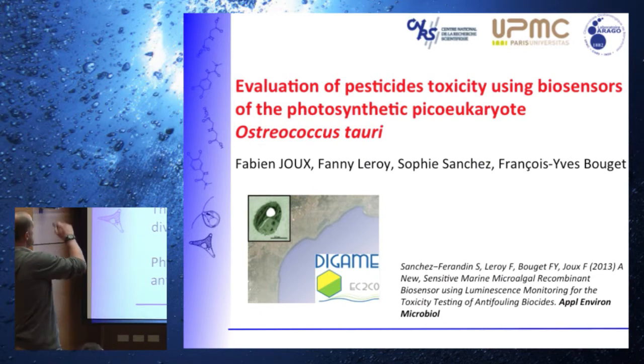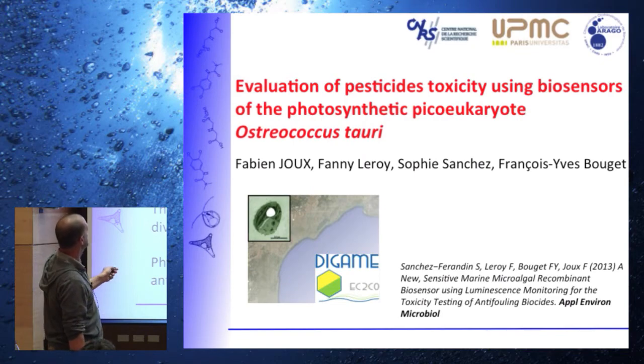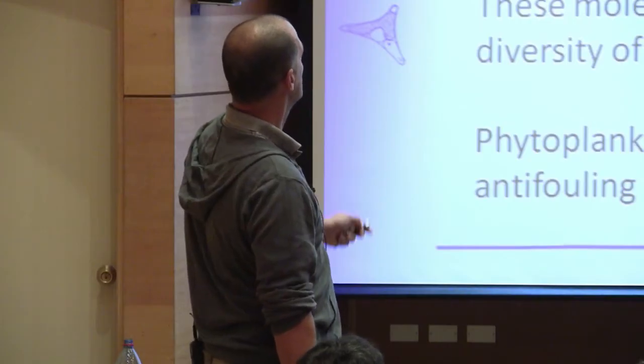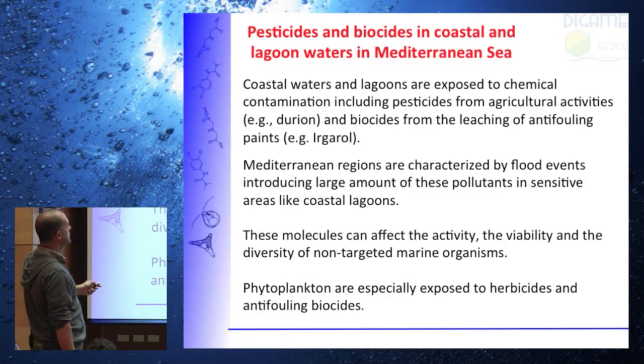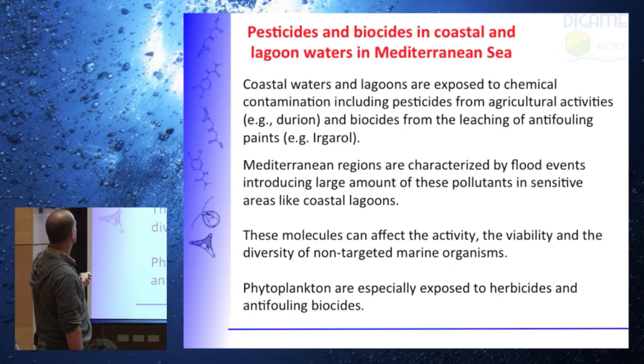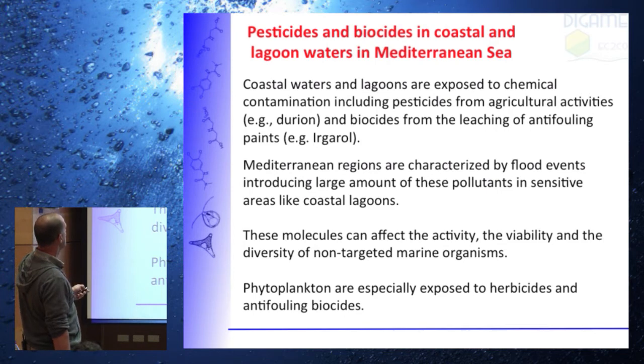Also, just to give the general background, pesticides and biocides in general can be quite abundant in coastal areas, especially on the Mediterranean coast, and it's even more important in the lagoons, because lagoons are closed environments with lots of human activity. So it comes from, of course,